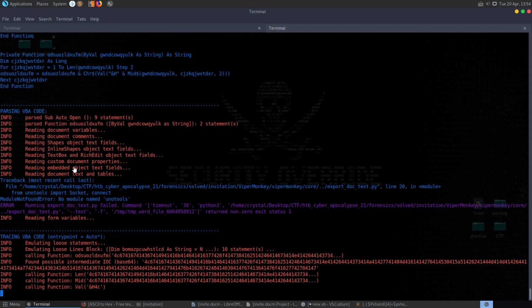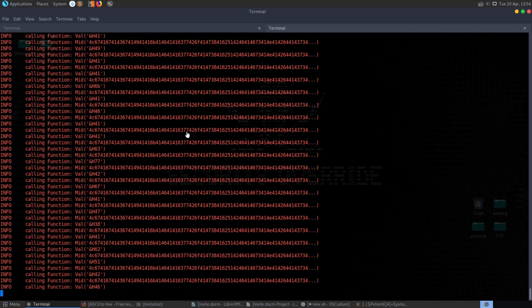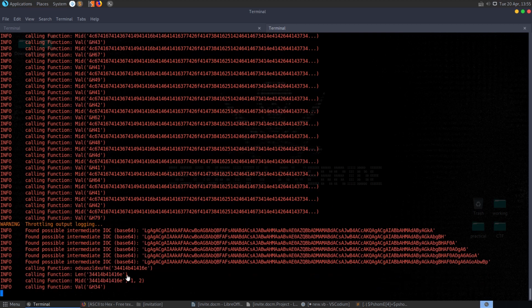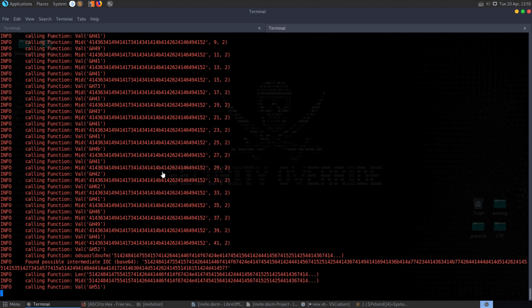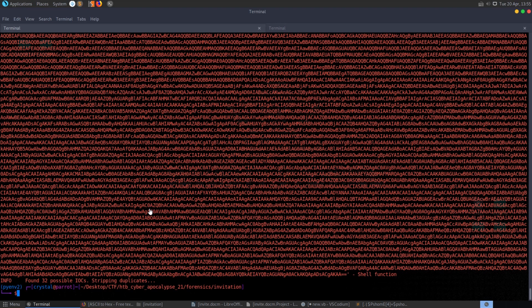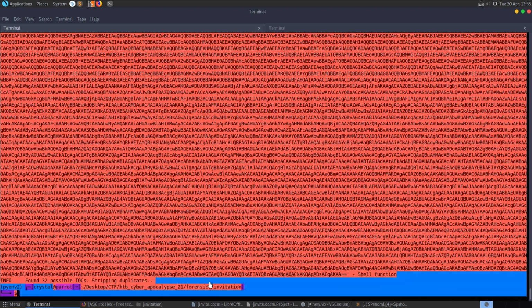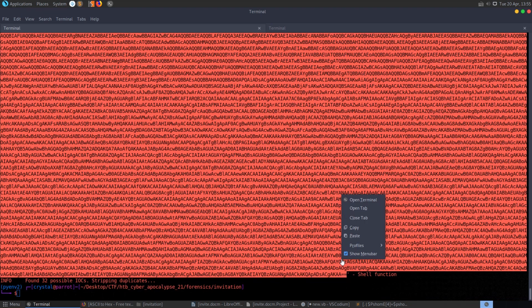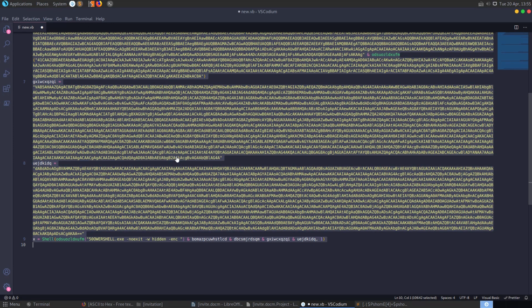Okay, so we can see there Sub AutoOpen, nine functions. It's decoding these hex values, and you'll see it loop through and through and through, and it'll keep outputting eventually some base64 strings. Basically, I left this running for a little while, and eventually it came back with a final string, which is this powershell.exe, no exit, the command, and then our base64 encoded strings. It's labeled it there as a shell function, so let's take that to our Codium,